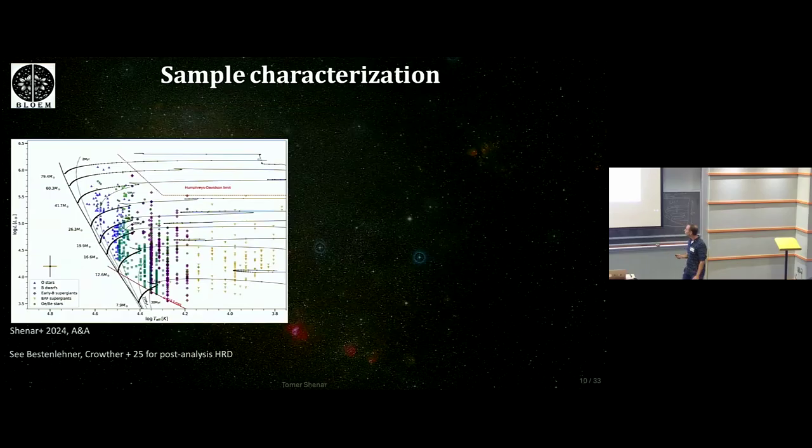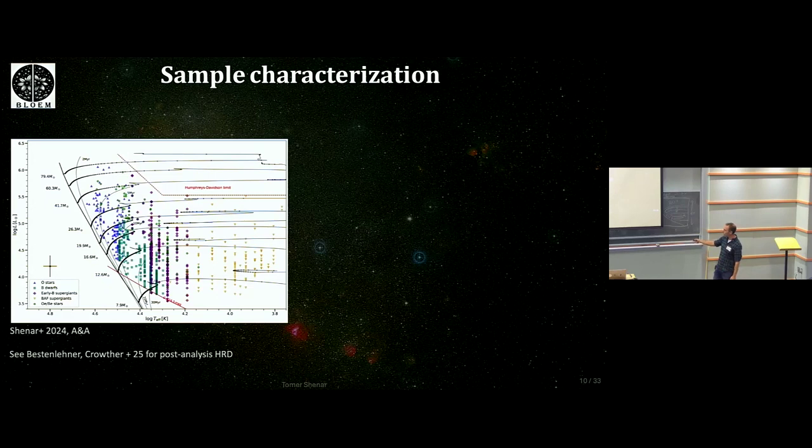Okay, first thing we did when we got the data, we wanted to classify the stars and characterize the sample spectroscopically. This was a big effort led mostly by Paul Crowder, and we thank him for that, wherever he is. And the HRD that you see here was constructed from spectral type calibrations. Okay, so we have our spectral types. This is why you see these strips. It's going to improve in the future, but for now, this is how our HRD looks.